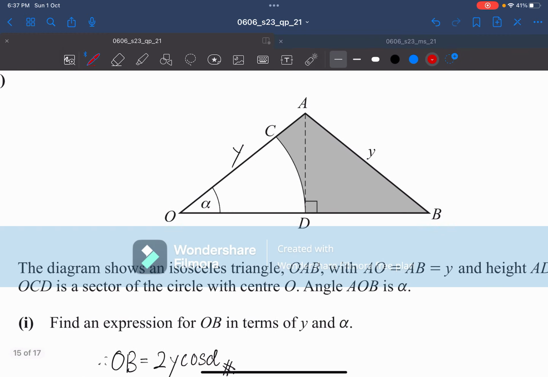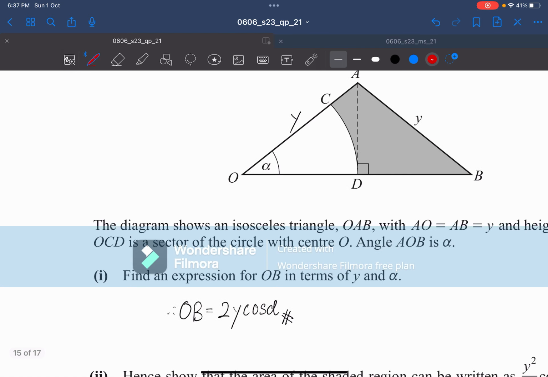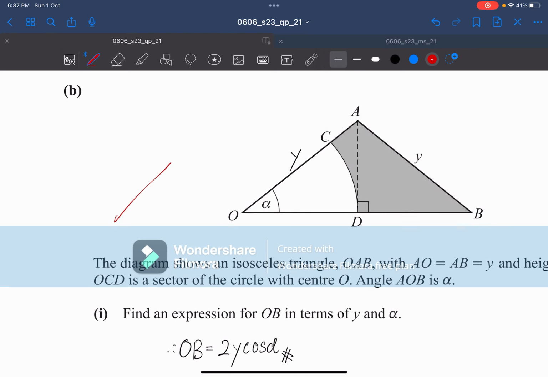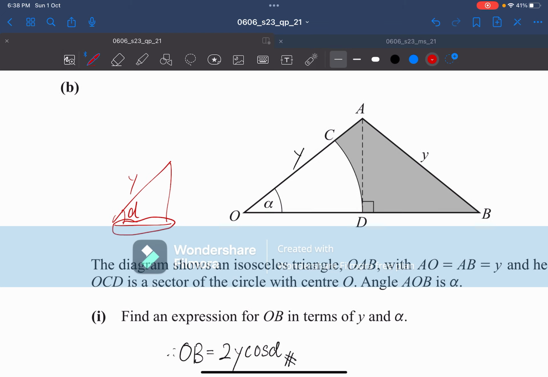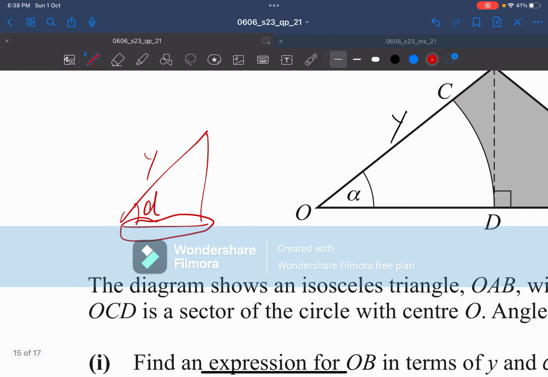And so yeah, OB equals y cos alpha. If you can't figure it out, you could just do the long way, with alpha, then do trigo. So we need to find what this length is. We have a hypotenuse and we know an angle, so then you can find out what the adjacent is by using